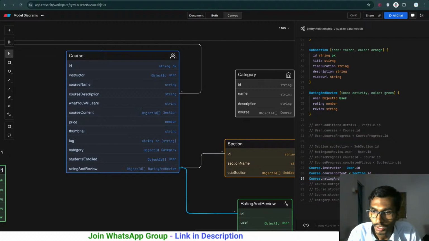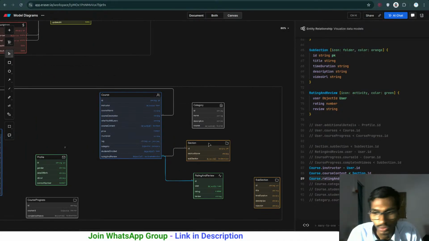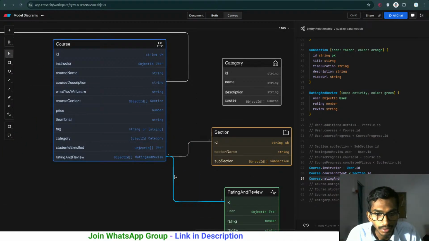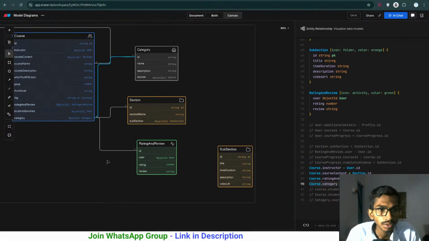Then rating and review, I think there is a limitation, that's the problem. At a time you can create limited diagrams, and because of that it is not able to show the things well. Course rating, so ultimately rating has that particular rating ID here, that's fine as well. Then course category, so the course category,